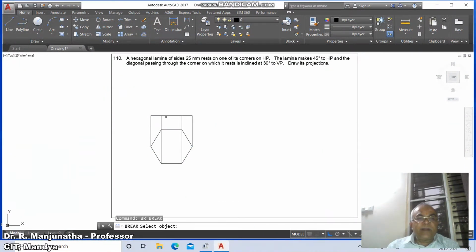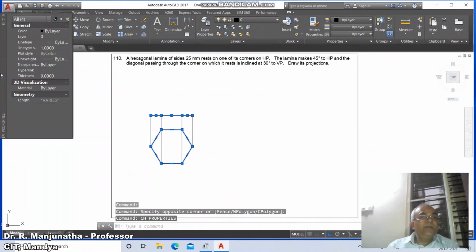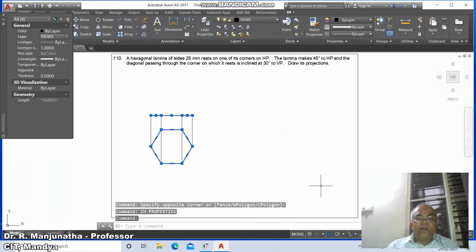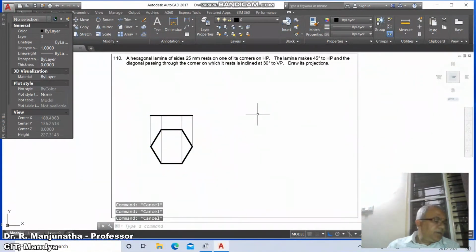Now we go for break, first point, take intersection of this and say at the rate, break first point, take intersection of this and at the rate. Now select these three and also the hexagon and go to CH, go to layer, take this as views, then switch on the line weight display, then go to copy,